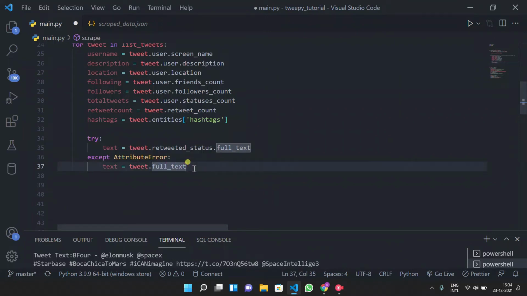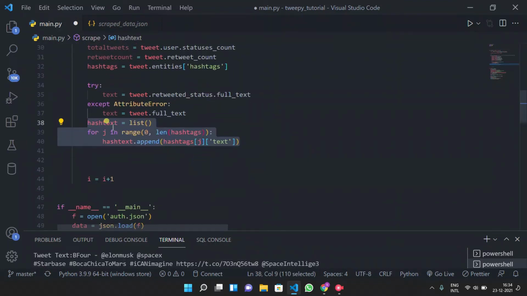The full text is used for getting the complete tweet's text. Then the hashtags that we are getting do not contain the text part.